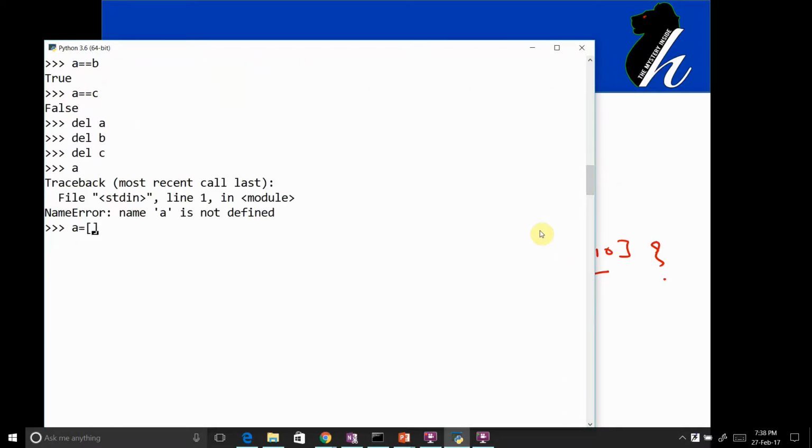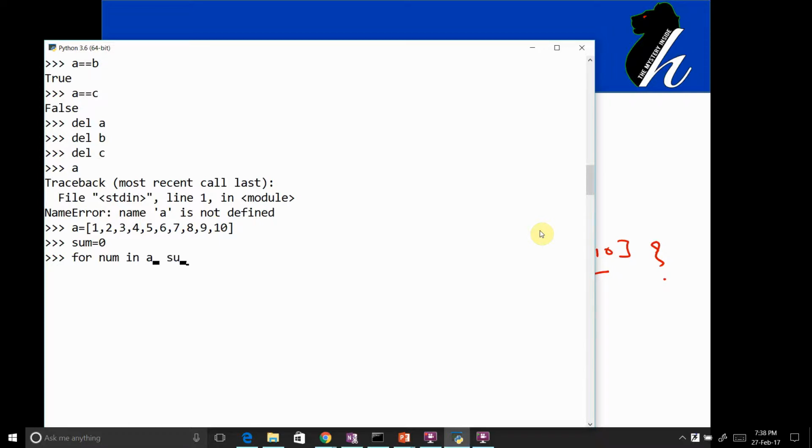So let me create one list that should contain values from 1 to 10. If I want to perform the sum of all elements, what I need to do is take one variable, sum equals 0, meaning I declare one variable and initialize it with the value 0. Now I can use a for loop, let's say for num in the collection, that is, the list.